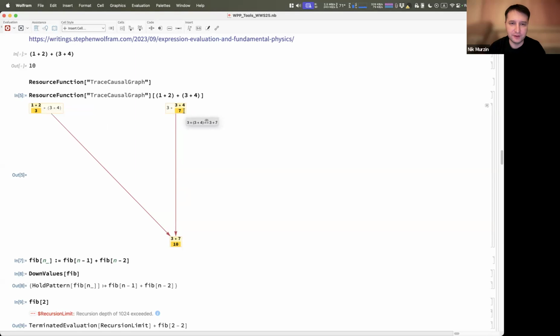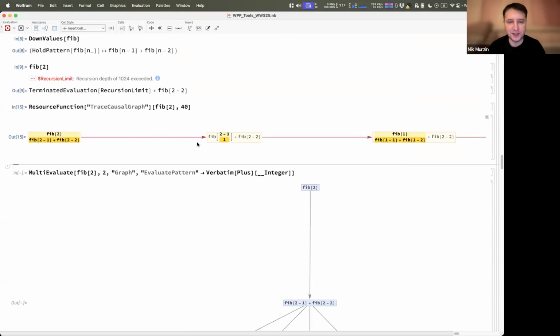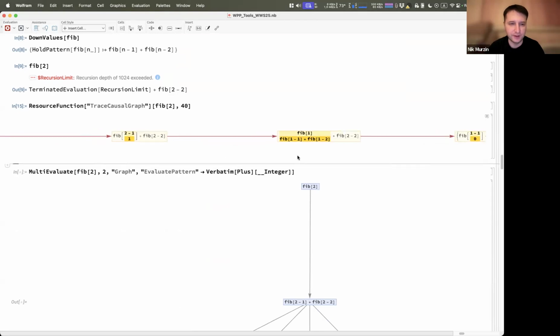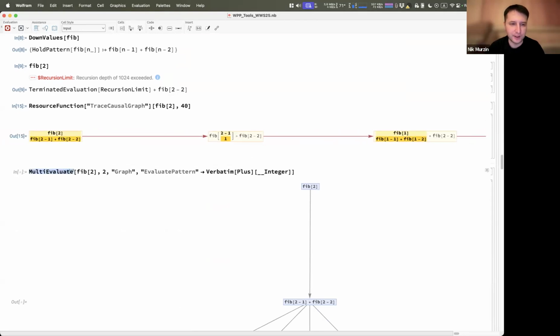You can actually recover the events, and you can infer that they were space-like separated, and you can construct it. But if it doesn't terminate, it's usually going to be just a path like this, because a recursion will always look similar to that. That's why there's a separate function that tries to take this form of evaluation into account as soon as you have a